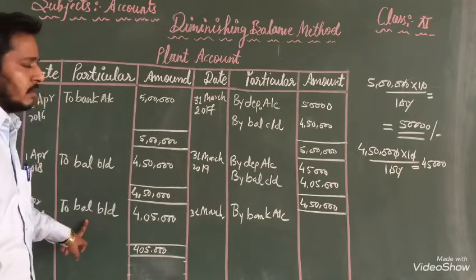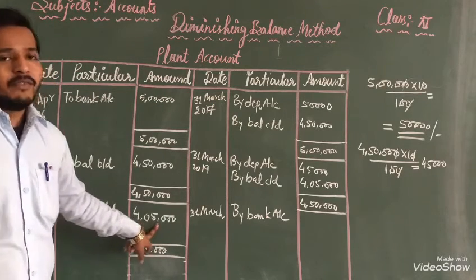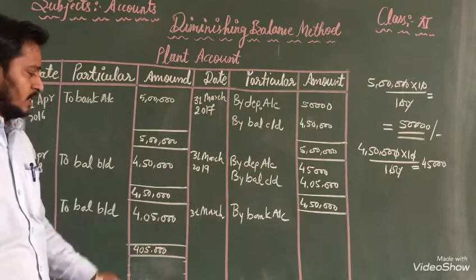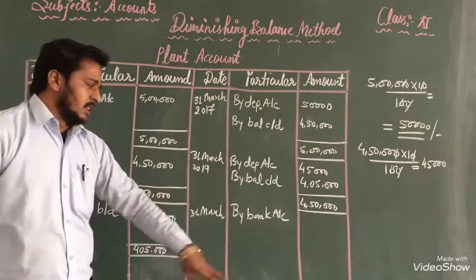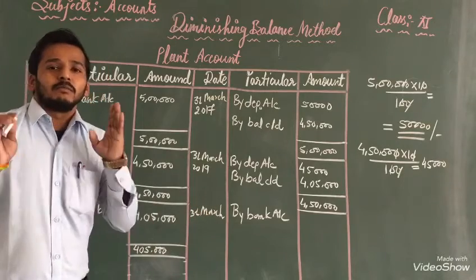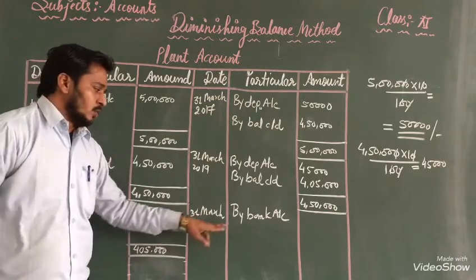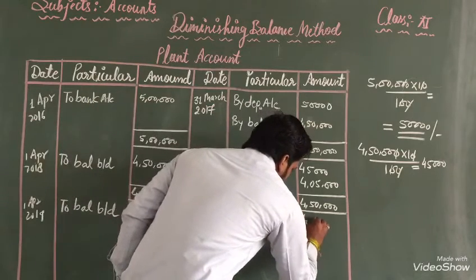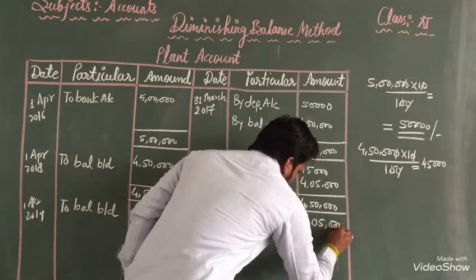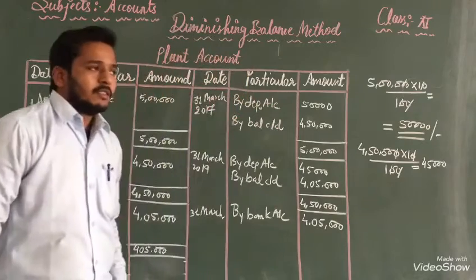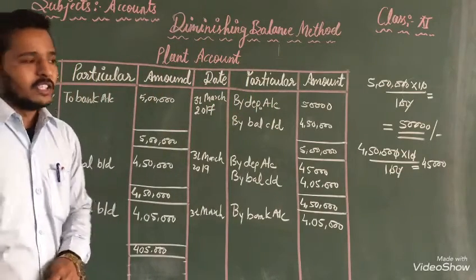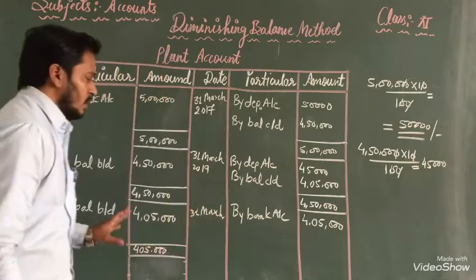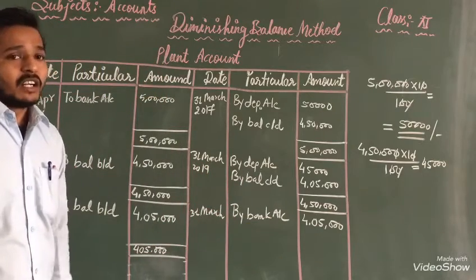The machine valuation is 4,05,000. अब मशीन का दाम यहाँ 4,05,000 है और मशीन को मैं 4,05,000 में साल के लास्ट में 31 मार्च को अगर मुझे ग्राहक मिलता है तो मैंने बेच दिया, तो एंट्री होगी बाय बैंक अकाउंट 4,05,000। क्लियर? हमने इसको बेचा है 4,05,000 में और ये मशीन हमारे पास पूरे साल रही भी है,